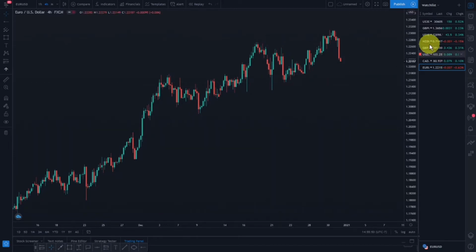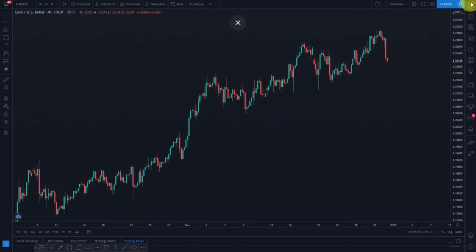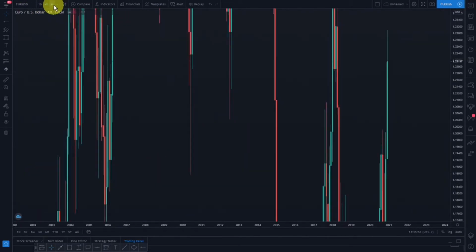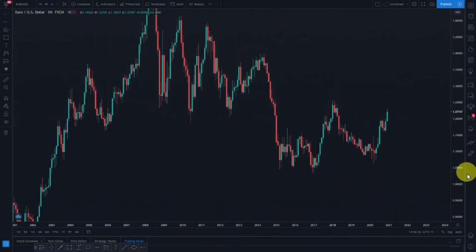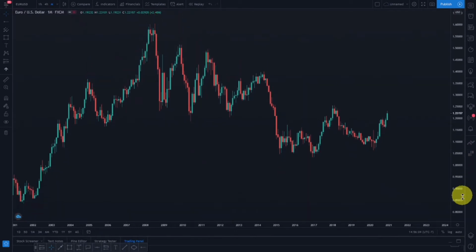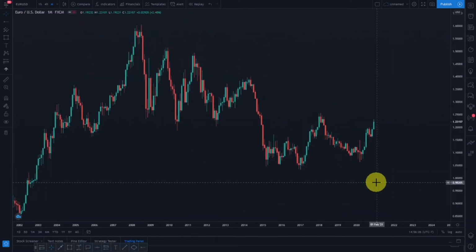Let's go to our monthly time frame, as we're doing a multi-time frame analysis, and see what we can get. So over here on the Euro USD monthly chart, I can see